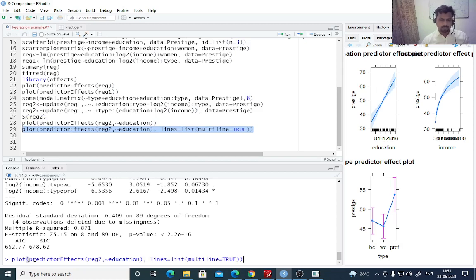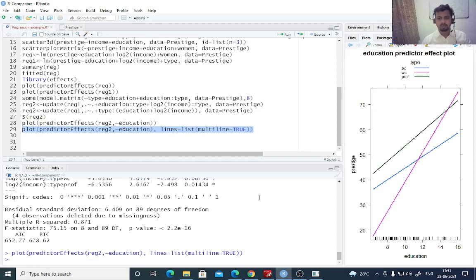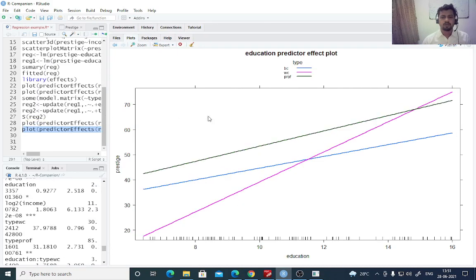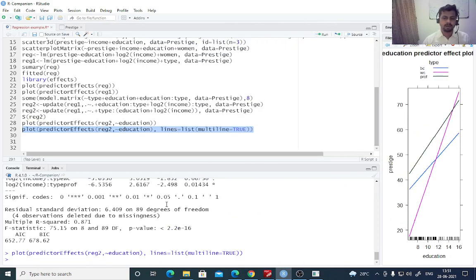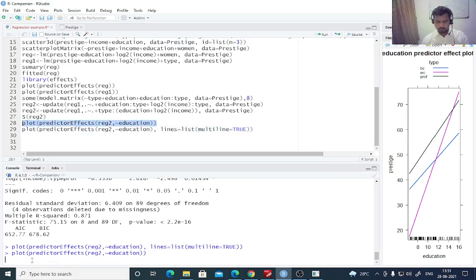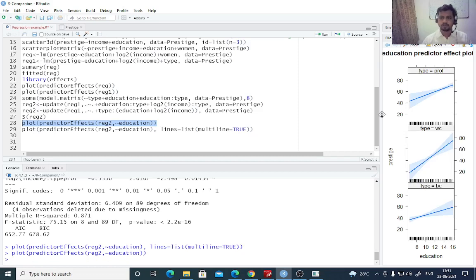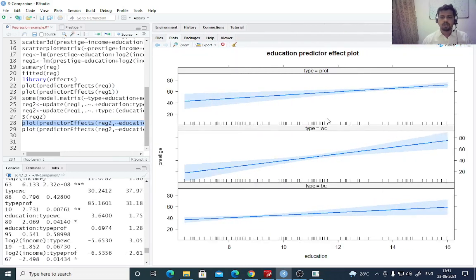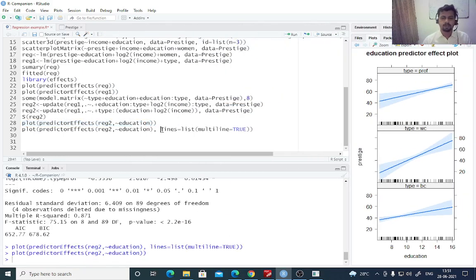and you can simply do this for all the other explanatory variables as well. Let me explain the command that I've done. If you just plot this command without mentioning anything, you get 3 separate plots like this. Instead of this, I have simply inserted this argument, lines, where multiline is equal to true.